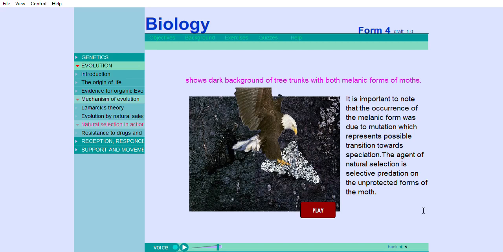It is important to note that the occurrence of the melanic form was due to mutation, which represents a possible transition towards speciation. The agent of